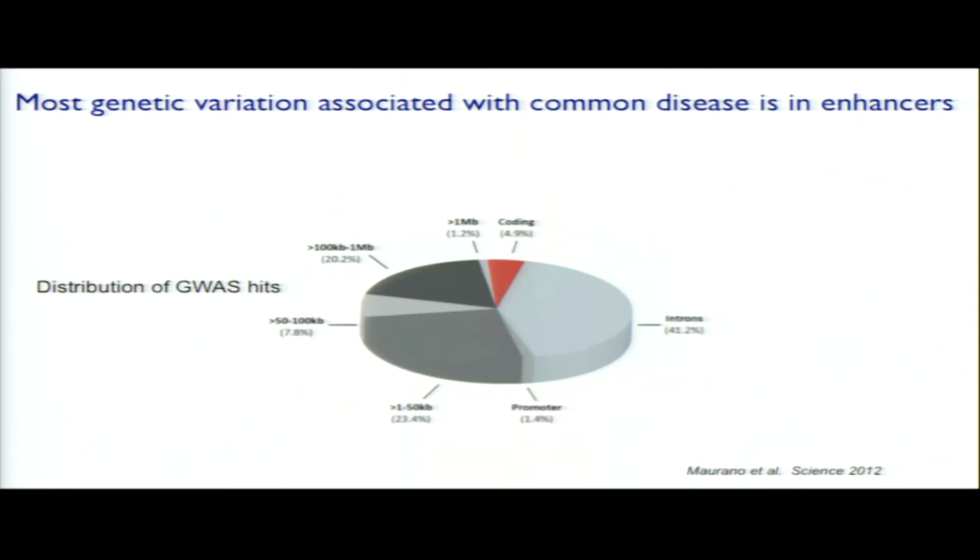So as probably many of you know, most of the genetic variation that's associated with common disease, so common variants in the population, that might link to diseases such as cardiovascular disease, diabetes, neurodegeneration, cancer. These GWAS hits don't lie in genes, they lie outside of genes, and most of them lie in enhancers, and they can lie in enhancers that are hundreds of thousands of kilobases away from the genes they control. So very likely these common variants subtly perturb the function of enhancers. They're unlikely to completely ablate enhancer function because that would produce a Mendelian disease, but they probably subtly affect their